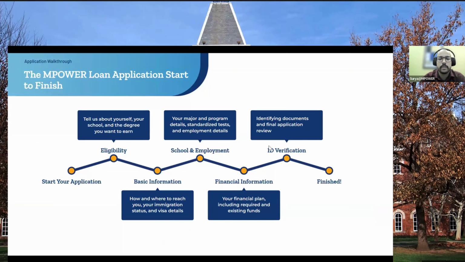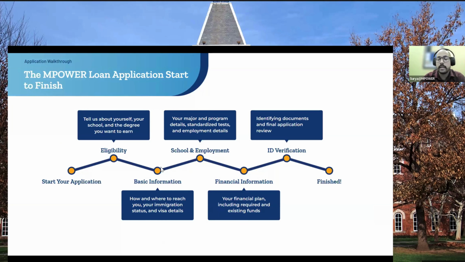Now, before we proceed, once you have done the basic eligibility check, then only the application journey begins. So let me walk you through the major 5 steps process of the application journey. The first step is to do the eligibility check. Once you have done that, and if you are eligible, you would be asked to submit the remaining information. The second step is the basic information, where we would be asking you about your name, your address, and your basic details.